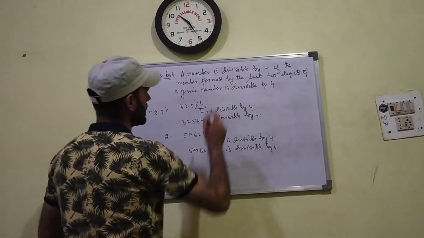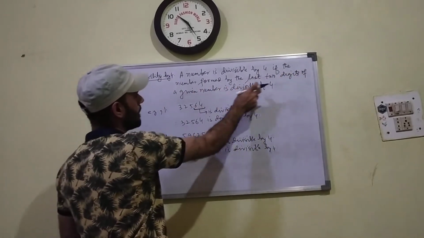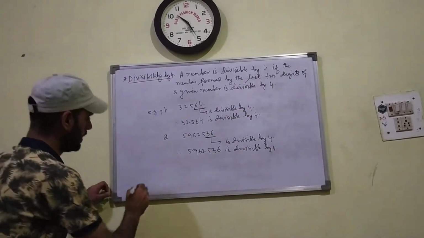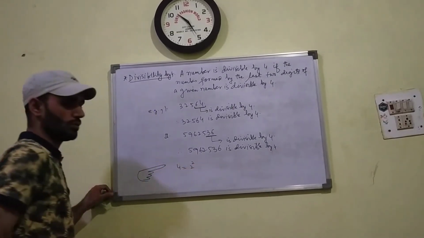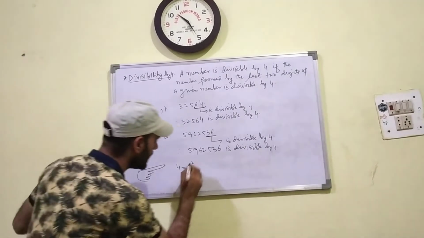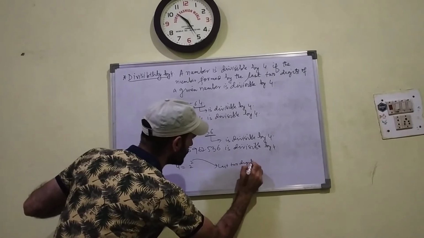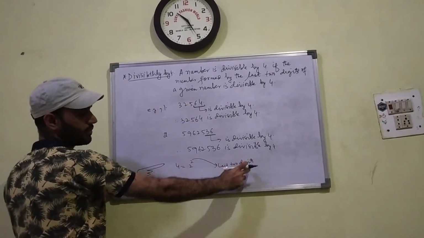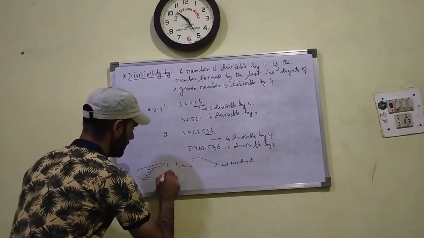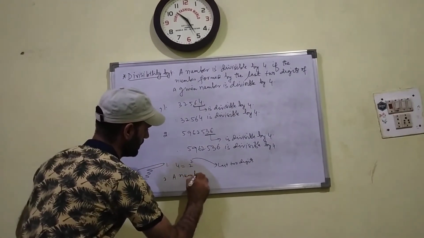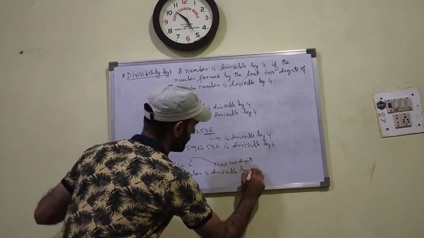We can also say that a number is divisible by 4 if the number formed by the last two digits of a given number is divisible by 4. We write 4 as 2 raised to power 2. It means that the number formed by the last two digits matters. Also, a number is divisible by 4